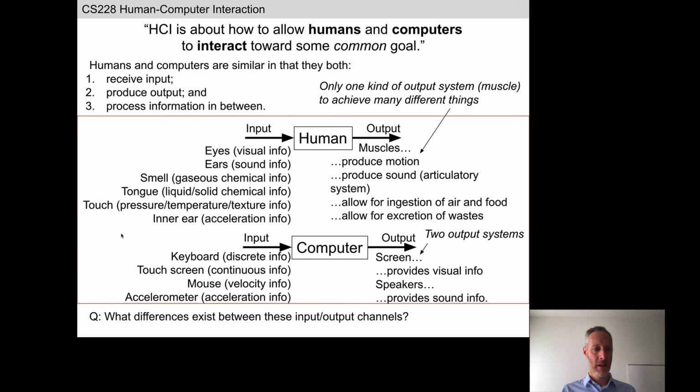Let's focus on skin for a moment. This should say skin, not touch. Skin is sort of the black sheep of the 5 sense organs. It tends to be last or close to last. However, your skin, the largest organ you possess, is able to extract a wide range of physical phenomena like touch. So binary information is something in contact with your body or not. Pressure, a continuous value. Your skin can tell you something about temperature. It's not very accurate, but within a few degrees. How does skin give you information about texture?